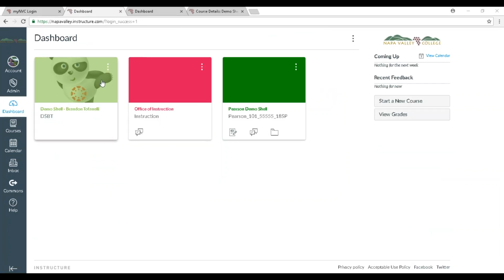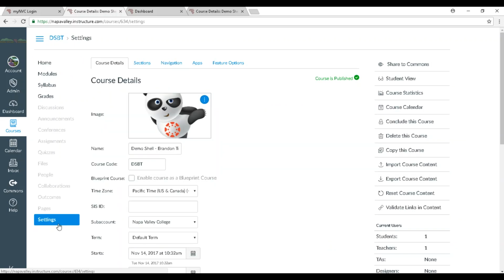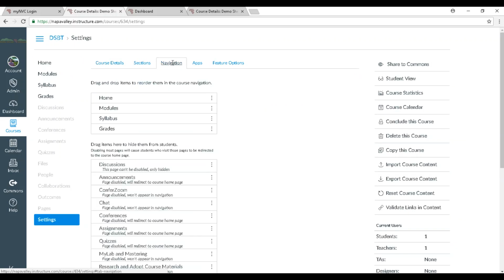So the next thing that I'd like to go over is navigation. I'd like to go through some of the navigation options that you'll have when you start your class. I'm going to go into my shell, and on the left hand side here we can see the navigation bar. In order to change the navigation that I have, I'm going to go into Settings. Let's go to the Navigation tab right here at the top, and we can see all of the different navigation